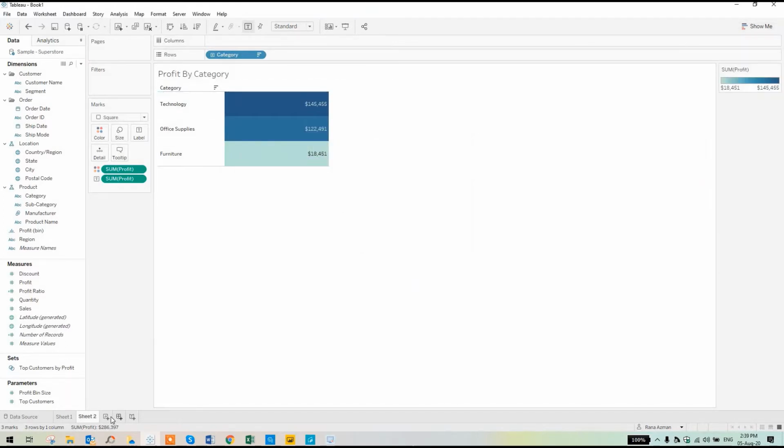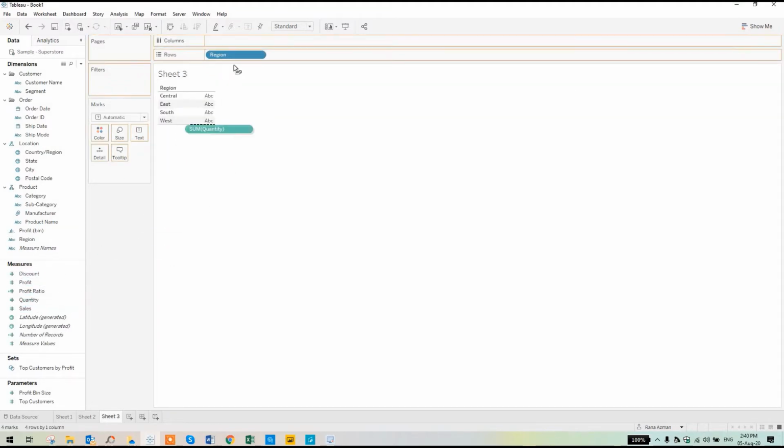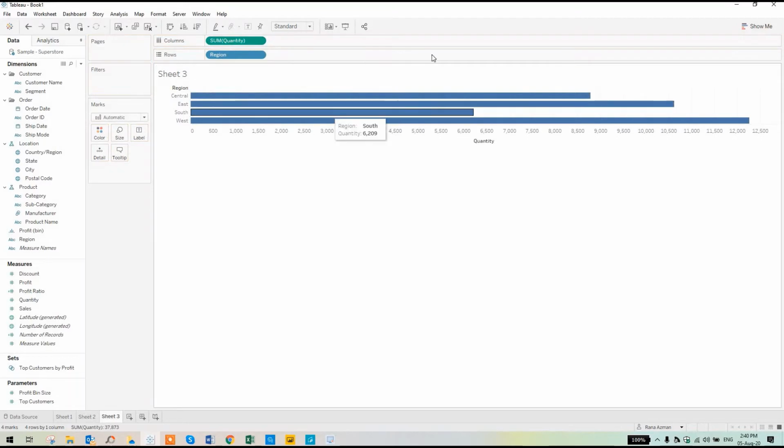Now we'll have to click on sheet number 3. For sheet number 3, we'll start with, like, what is the product name, or what is the region from which we are selling the highest number of quantity, or the highest number of quantities being sold. So we'll search for the region here. We can also see the region. We'll drag and drop this region over here, and then we want to see the quantity sold. The same graph has also been created.